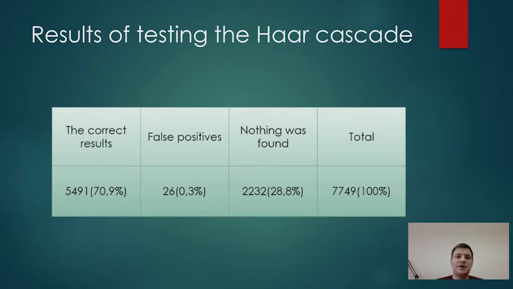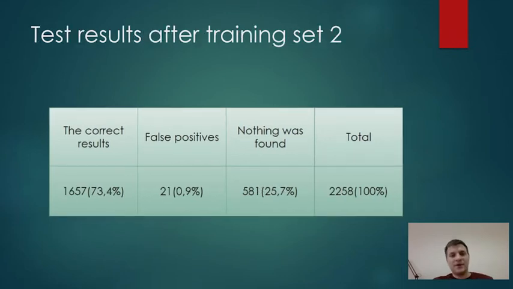After training the Haar cascade, all 7,749 source images were processed by the resulting detector. The results of the Haar cascade are shown in this table. Therefore, the size of the labeled dataset increased by more than 3.6 times. The sample formed in this way was split into a training and test set. The training set included 3,233 labeled images, training set 2. The test set included